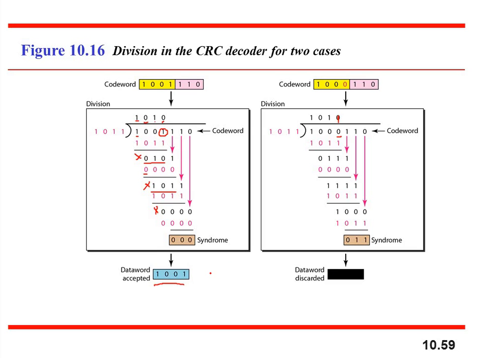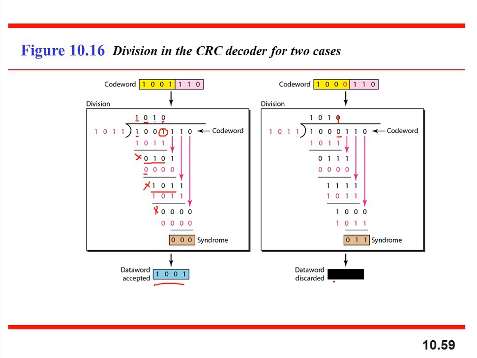received is not a code word, or this is not acceptable data. So the data is discarded and you will not get it. So the repetition is asked for the data. And the same code word is again resent, and once the syndrome is 0, it will be accepted. If the syndrome is not 0, it is not accepted.